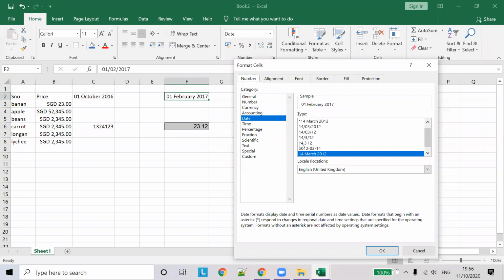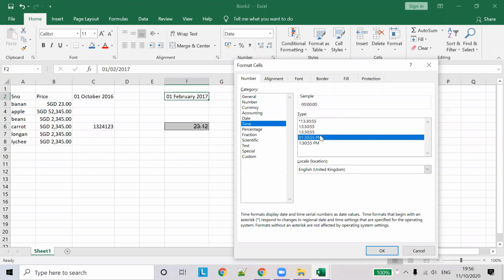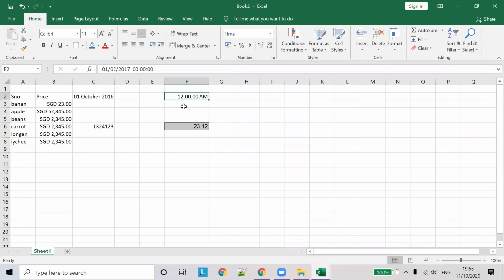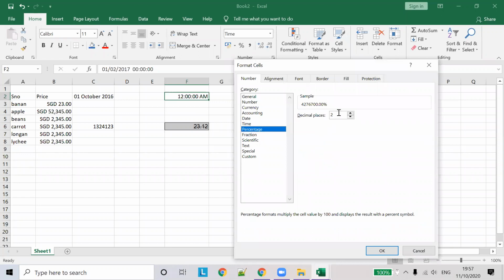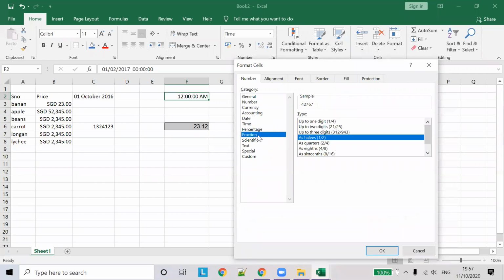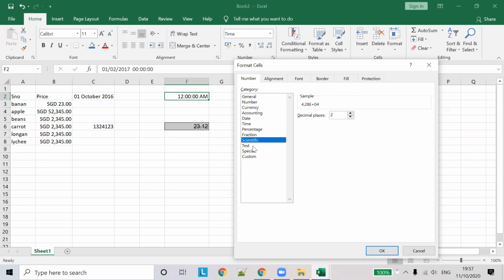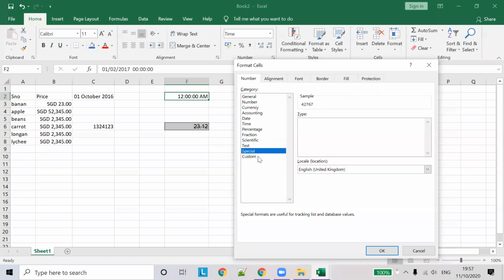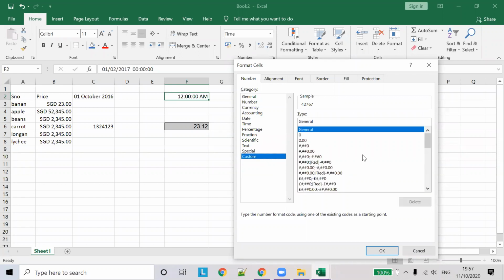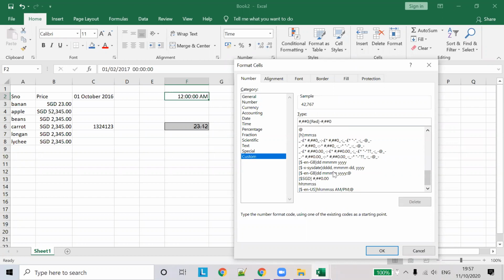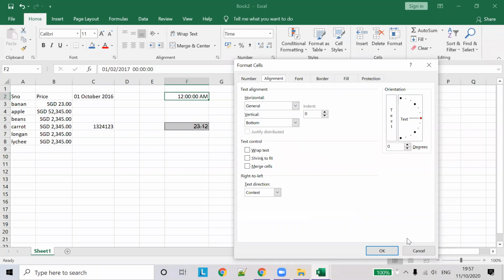If we want to display it with time, it shows 12 a.m. since the time was 00000, instead of the current time. There are also percentage and fraction formats. That's about formatting cells.